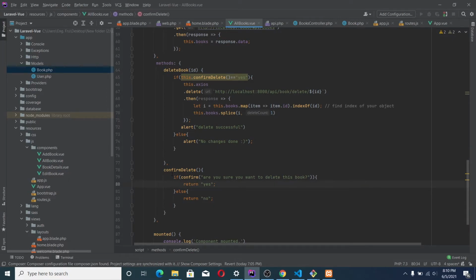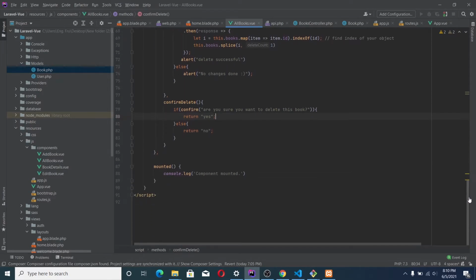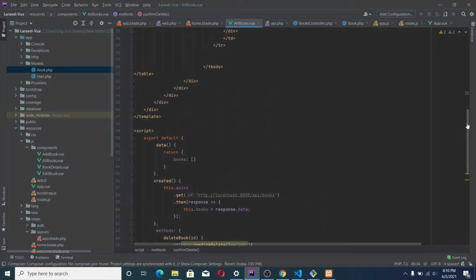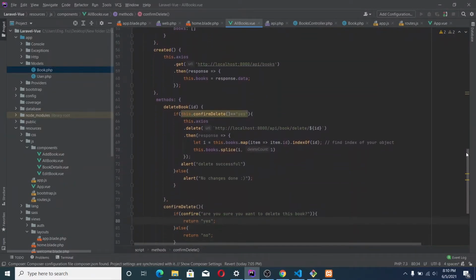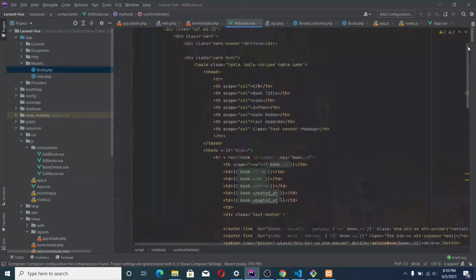So this is a confirm delete here. You're going to ask if you want to delete the book and so on. So this is the all books.